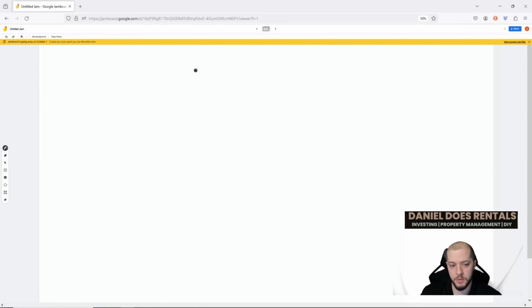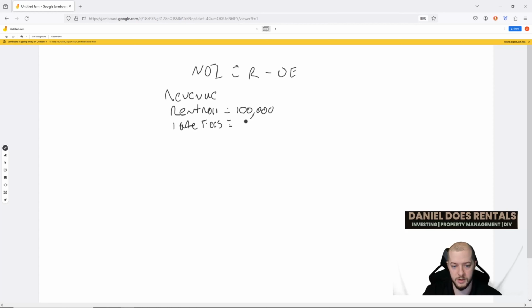Now that we know what our revenue is and our operating expenses, let's see an example of how you can calculate your NOI. Okay, so remember that NOI equals revenue minus operating expenses. So our revenue is going to be our rent roll, which is going to be $100,000, plus our other income, which is going to be late fees. That is going to be $1,000, and then minus vacancy, which is going to be 8%